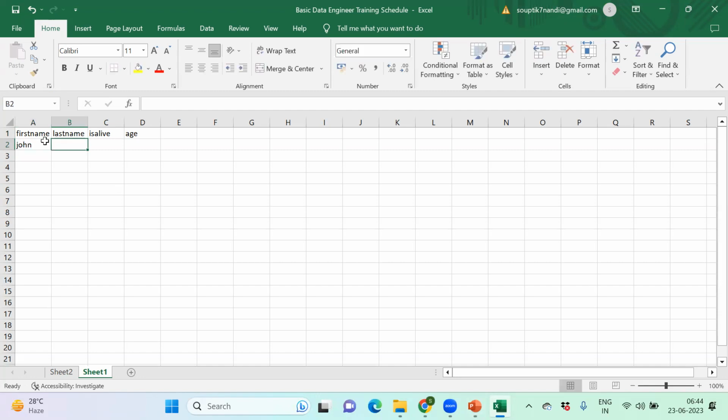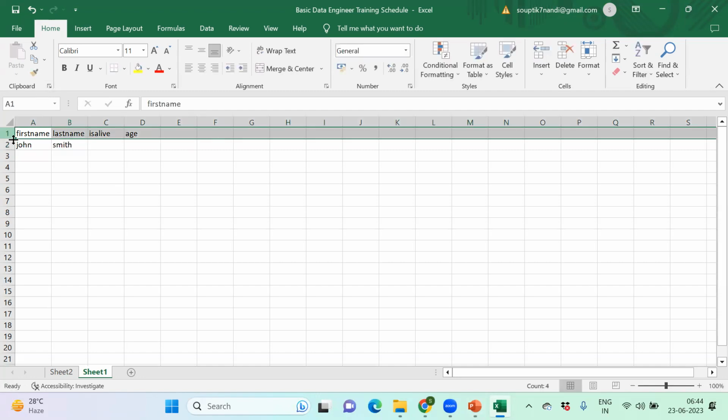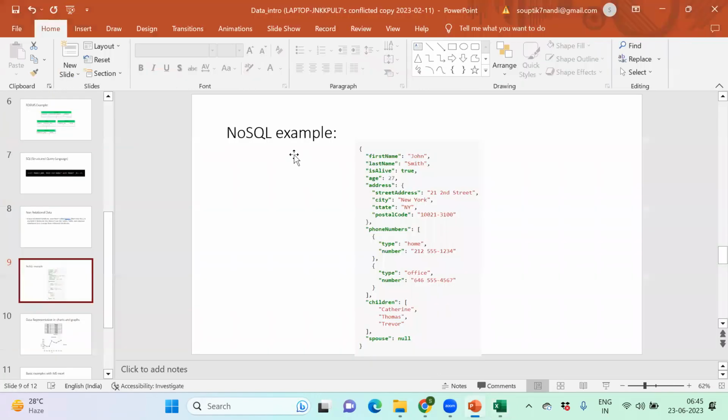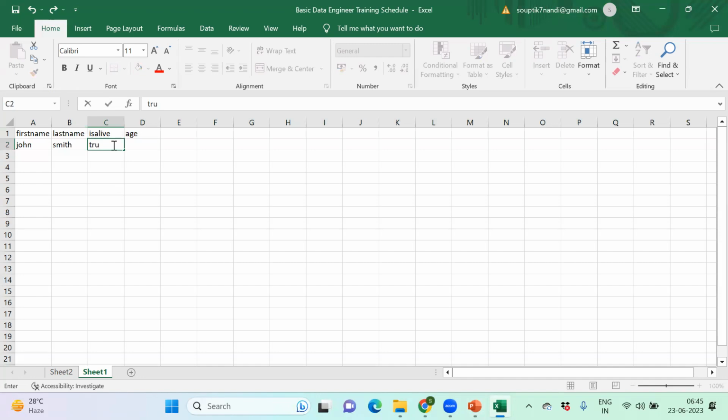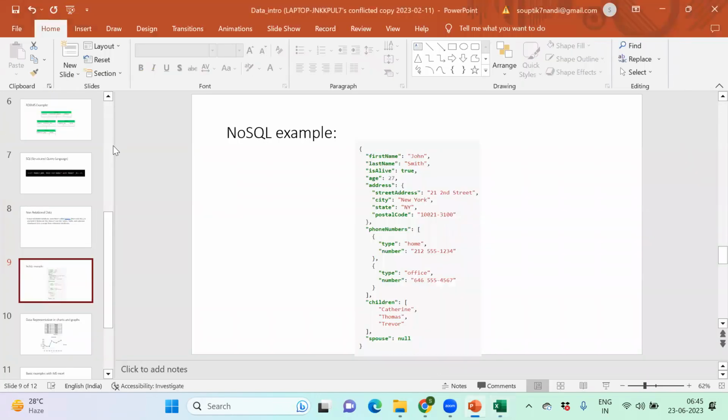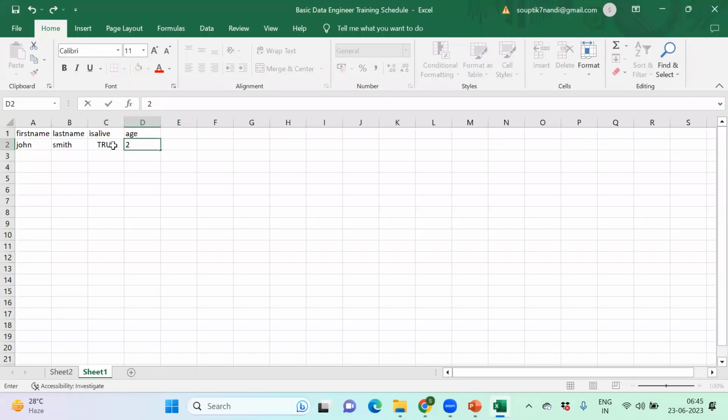John Smith. This is the header, meaning the columnar structure. I'm entering the data. True. 27. Now coming to the next column.